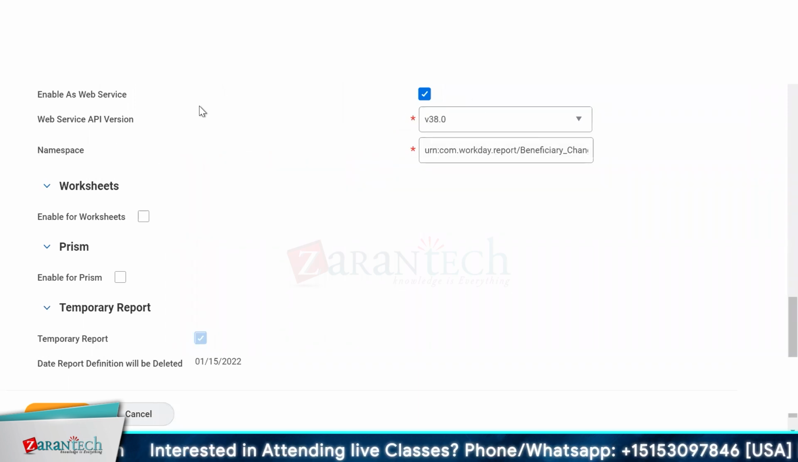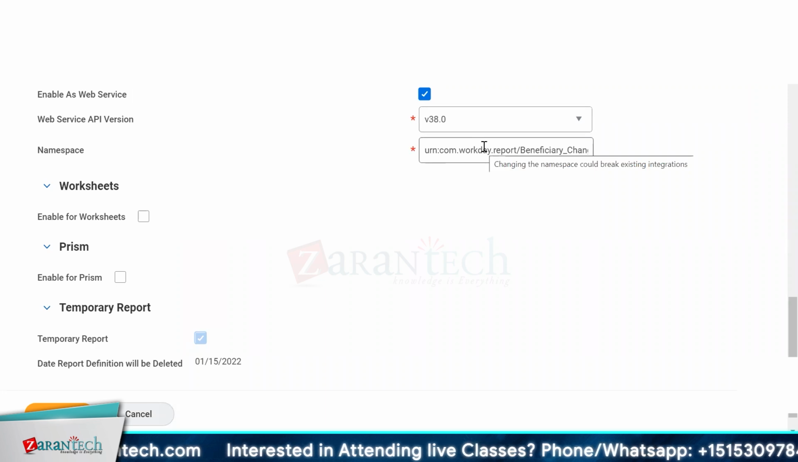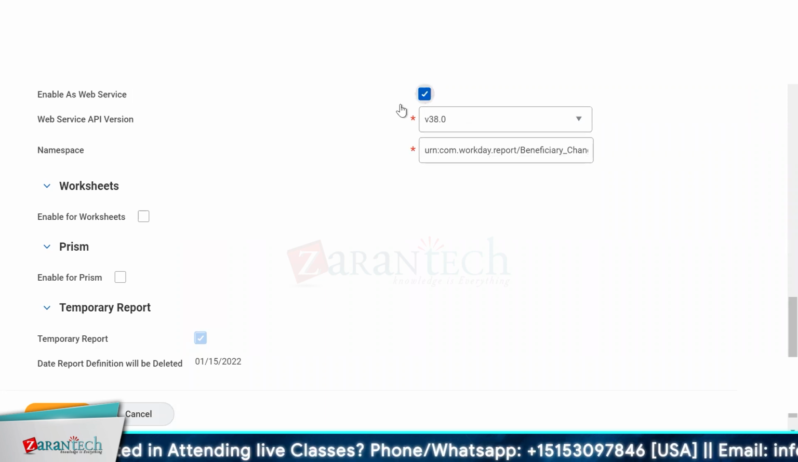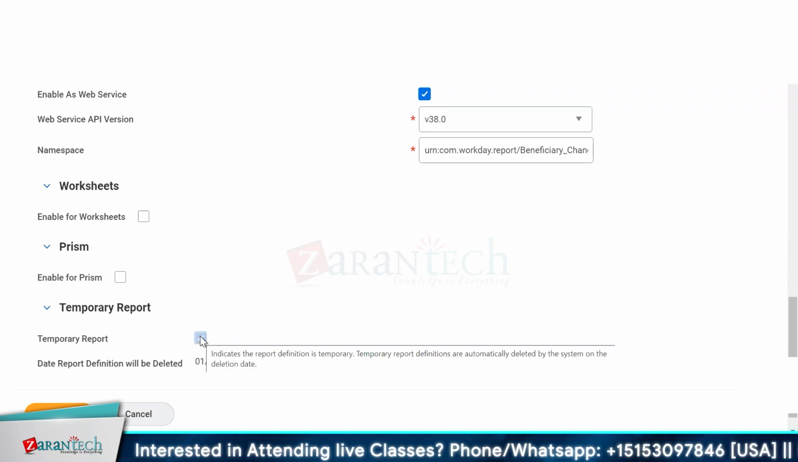When the next one comes out, it's version 39. And I'll talk more about this, but this is what, when you do enable as a web service, it gives it a version name. This namespace comes in automatically, and you can use this in custom integrations, and I'll show you that at the end. I have to look into why this temporary report thing is enabled, but this generally is if